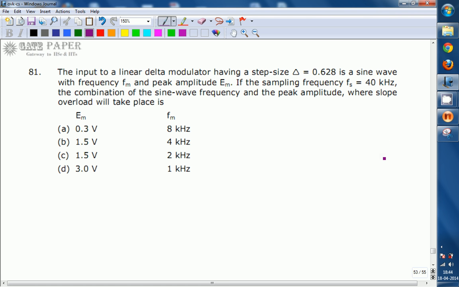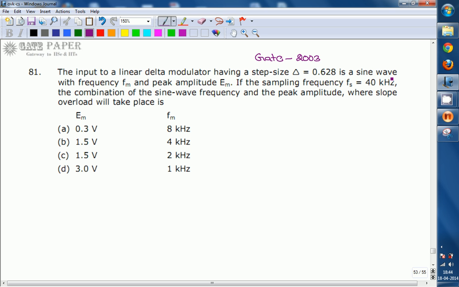We are going to discuss a previous GATE paper question from the subject of communication systems. This topic is especially related to digital communications. This question is from the year GATE 2003. Now the question is: the input to a linear delta modulator having a step size delta equal to